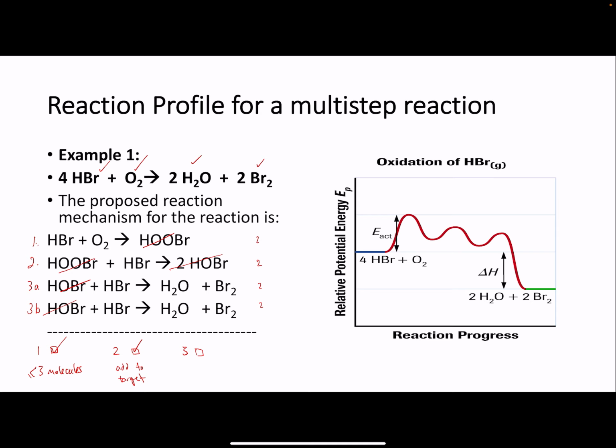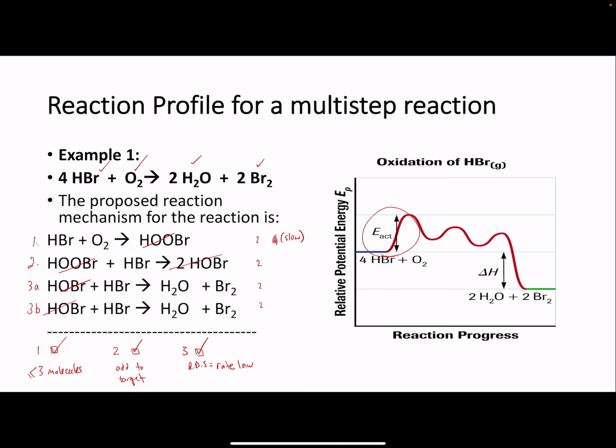Finally, the slowest step is the rate determining step. So we were told previously that the first step is the slowest, which makes the rest faster. So they'll just be annotated as fast. Now, how can we verify that? Well, if we look at the potential energy diagram, there's a couple of things we'll notice. The slowest step has the highest activation energy of any step. So in this case, yes, the slowest step agrees. Right? Rate determining step